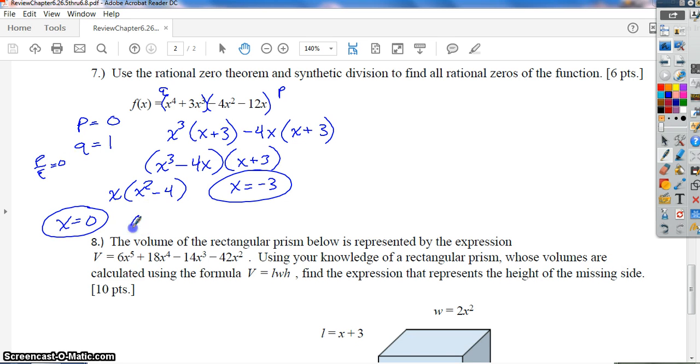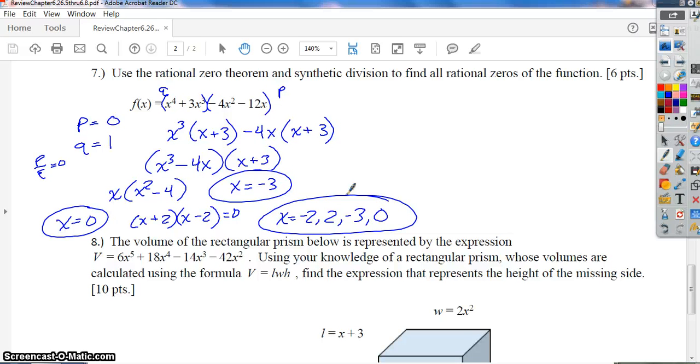I still have to factor x squared minus 4: x plus 2, x minus 2. So it looks like x is -2, +2, -3, and 0. I have 4 solutions. I had 4 as my degree. So I actually didn't have to use rational root here. But if I did,